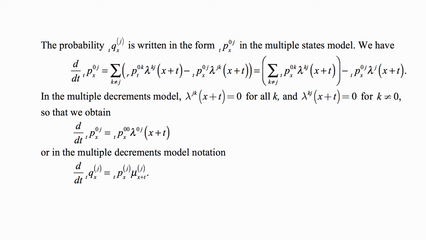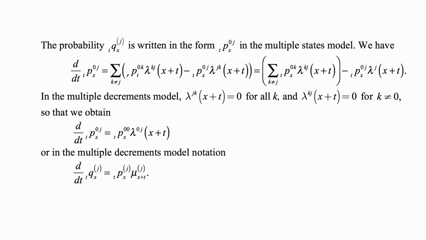So that we obtain d over dt, the derivative with respect to t of p0j, equal to tpx00 times lambda 0j of x plus t,